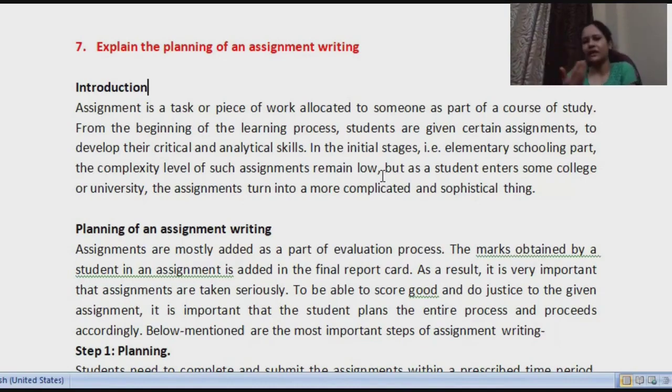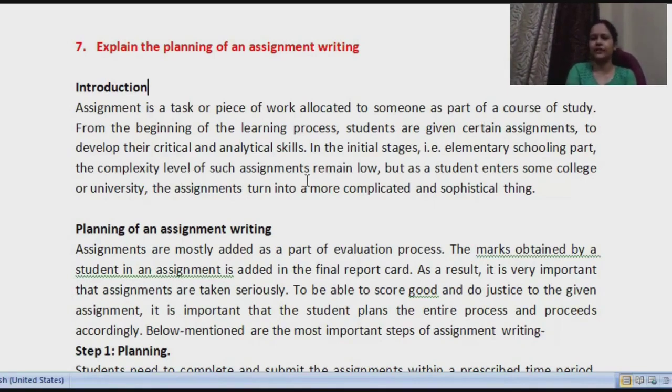Now they would expect thinking from you. They would ask for your opinion. If something is going on, they would ask for your opinion. What do you think about laws relating to COVID? Do we have enough laws to deal with the present situation? All those are nothing but critical thinking that is expected out of you. Why? Because you have now grown a little bit, and critical thinking is expected from you.